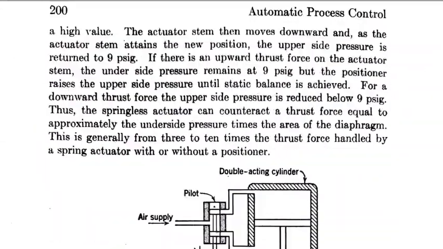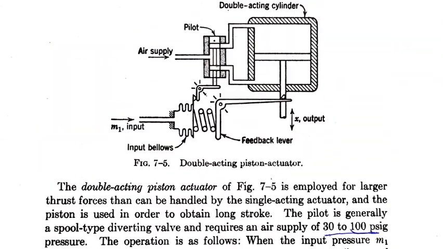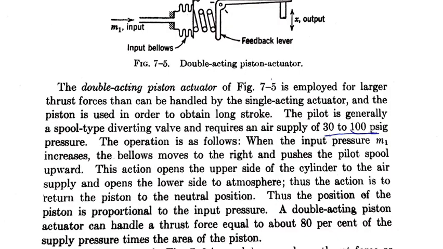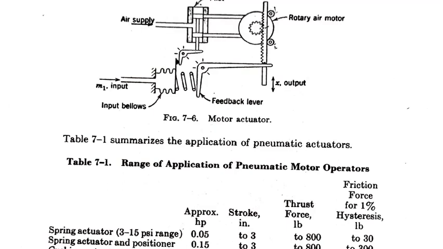This is the springless actuator. And this is the double acting piston actuator. Here we entirely eliminated the flopper nozzle mechanism as well as the diaphragm. And lastly, the piston is also eliminated by an air motor, a rotary air motor. This is a servo type that operates with air pressure. Whenever we apply air pressure from the top side, it will rotate in the anti-clockwise direction. When we supply air pressure from the bottom side, it will rotate the other way. The first is the clockwise direction, the second is the anti-clockwise direction.